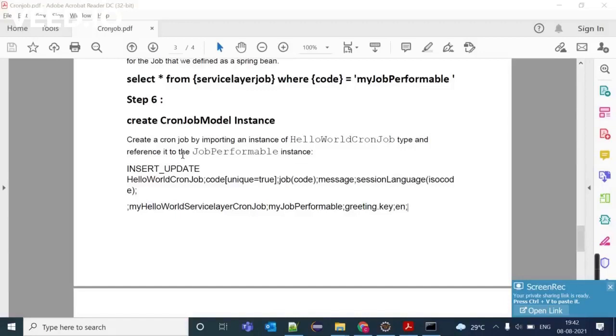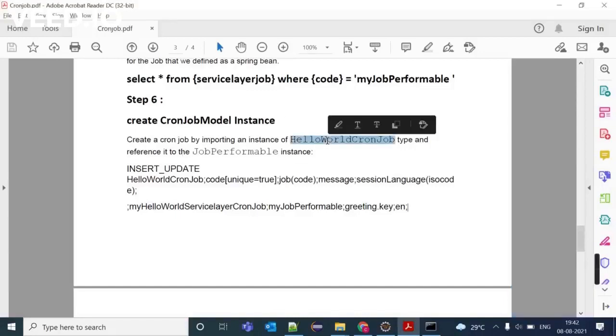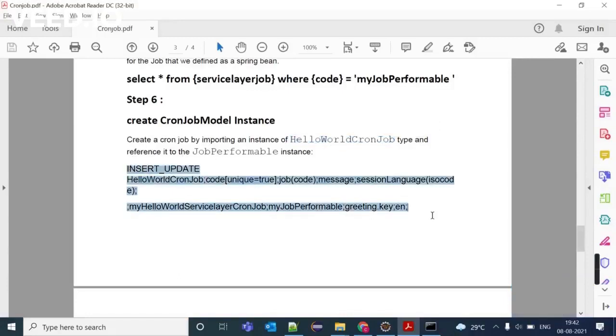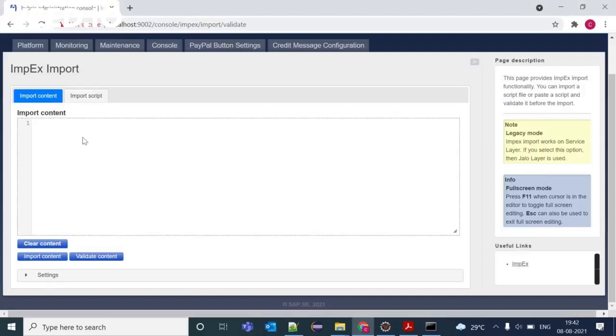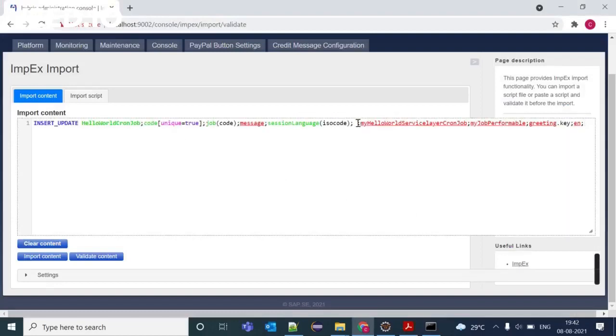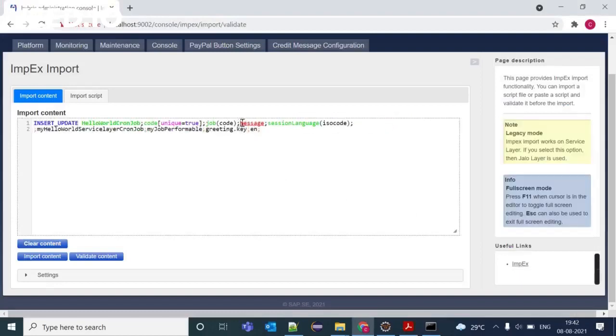Next step is to create the cron job model instance. We have already created the HelloWorldCronJob item type, so for that we need to create one impex. I am copying this and going to HAC import content. I am removing this message attribute because I have not created that one.